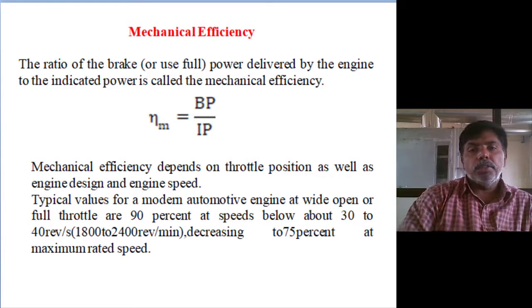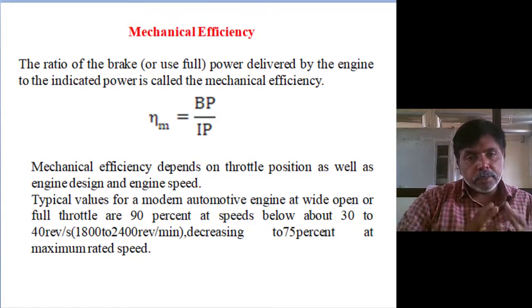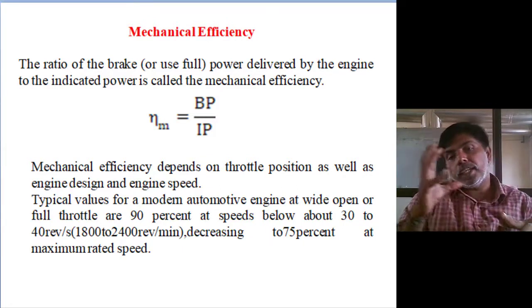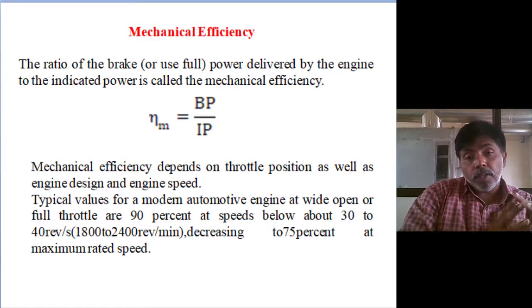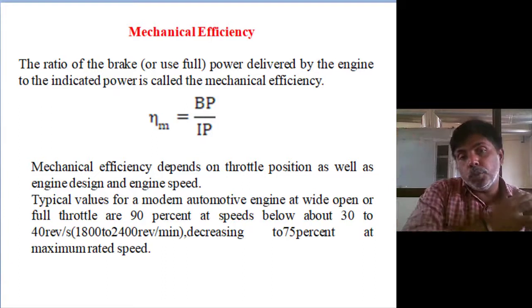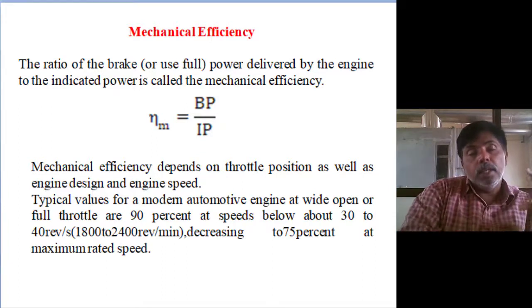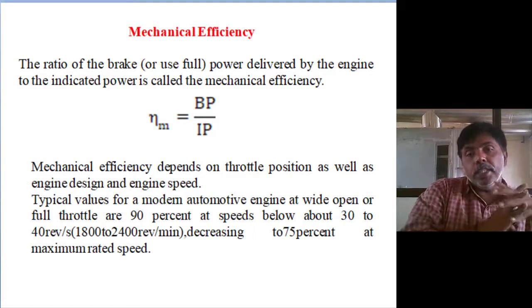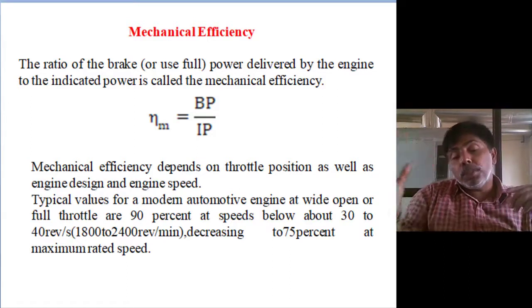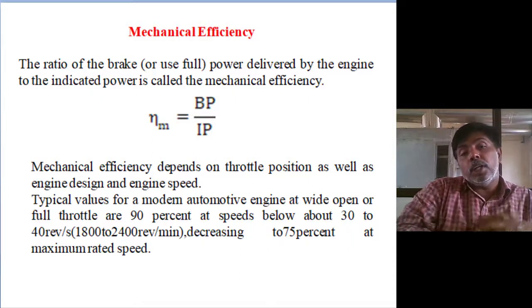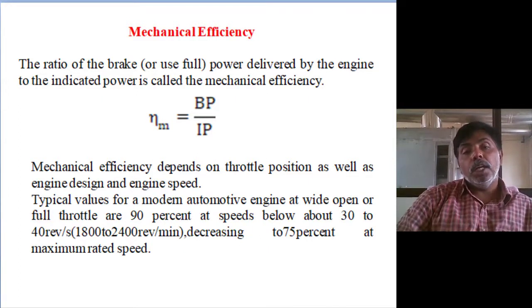So coming to the mechanical efficiency, what is mechanical efficiency? The brake power to the indicator power means the heat energy is available inside the cylinder. There is no doubt. From the heat energy, how much mechanical energy you produce, not from the chemical energy. The fuel has some chemical energy. From the chemical energy, how much mechanical energy you produce, it is called thermal efficiency. But from the chemical energy, you develop the heat energy. From available heat energy in the cylinder to how much useful mechanical energy we produce is called mechanical efficiency. Brake power to the indicated power.